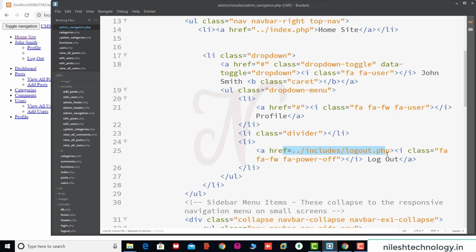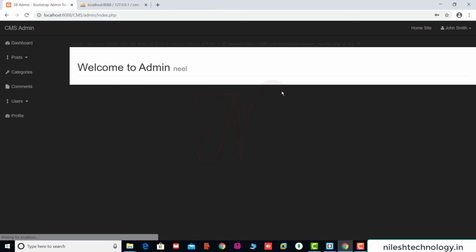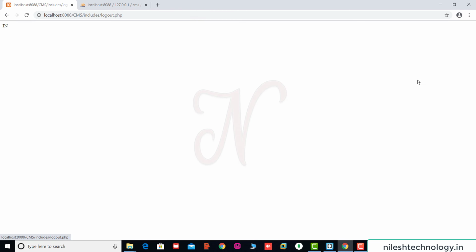Save these changes. Now we run the index.php file again, user section. After login 1 2 3 4, if you click on this logout, see here, it calls this logout.php file.